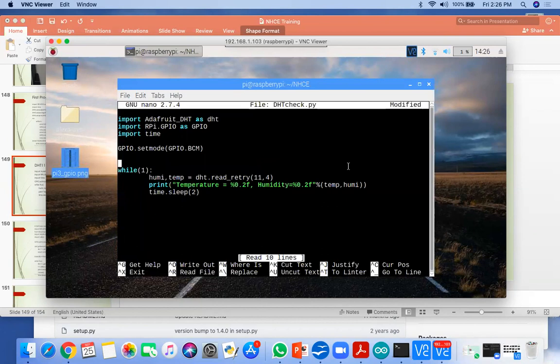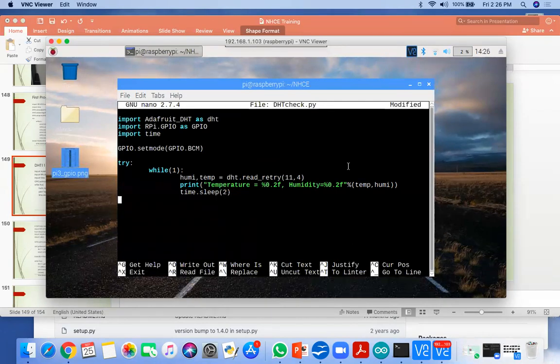Now if you want to modify this program, you can modify it like this also. Try and except. If any interrupt comes, it will go to this and we can print here that an exception occurred, and we'll put GPIO dot cleanup.